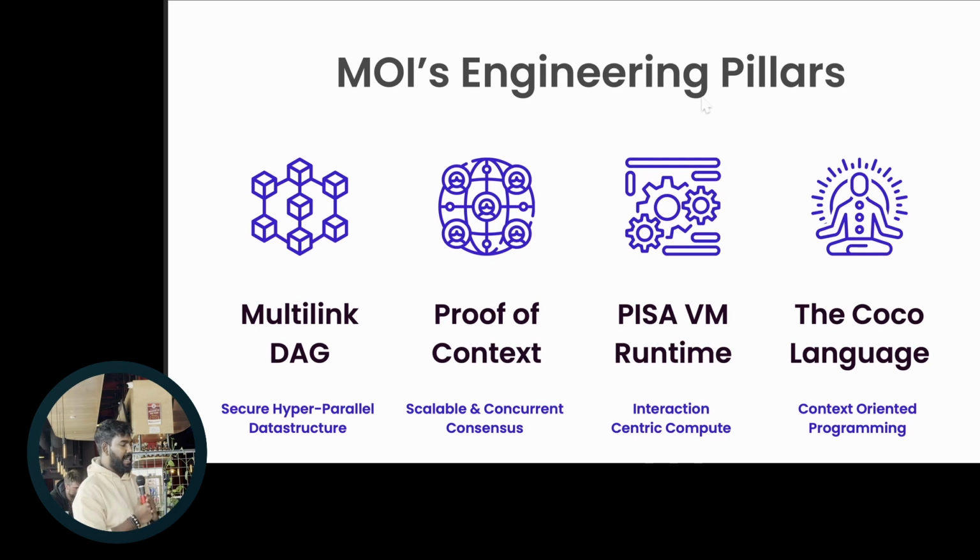So all of this, this participant-centric architecture, this new protocol, is enabled by these 4 fundamental ideas, right? The 4 engineering pillars that we had to make real before these things became possible. The first one is a new data structure. We call it the multi-link DAG. We're not really a blockchain, we're really a multi-link DAG, and I'll show you what that looks like in a second.